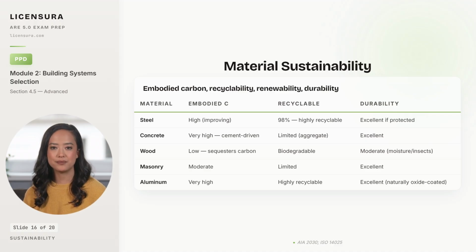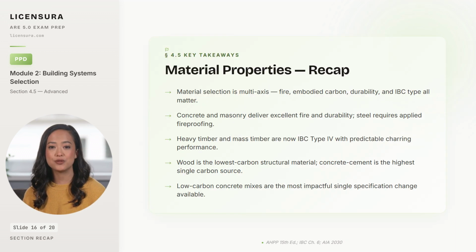Lock in 5 takeaways before the next material selection meeting on a code-sensitive project. 5 takeaways from material properties. Selection trades across 4 axes at once: fire resistance, embodied carbon, durability, and the IBC construction type the building can claim. And ignoring any axis sends you back to design development when the code official, the carbon analyst, or the